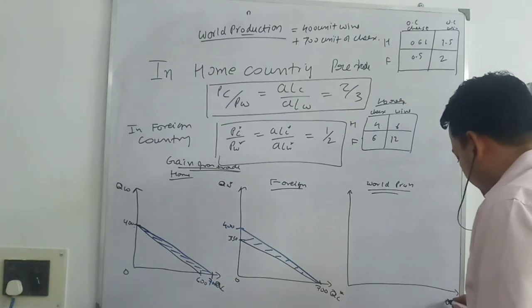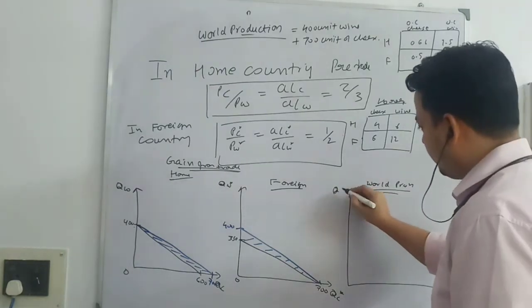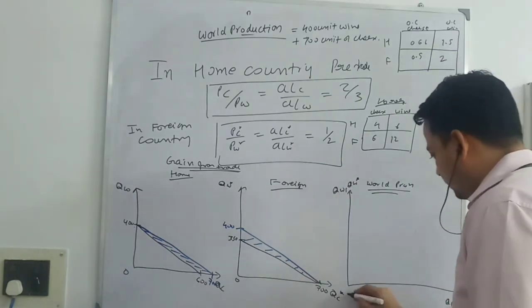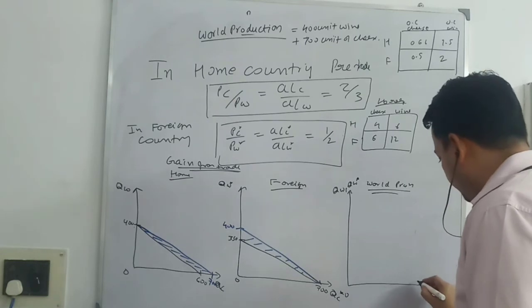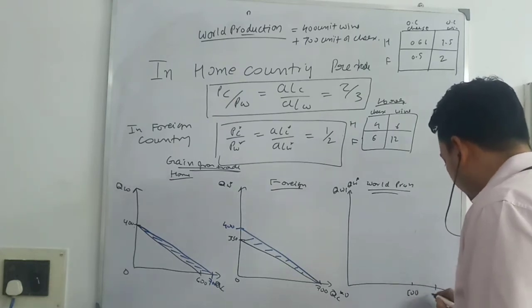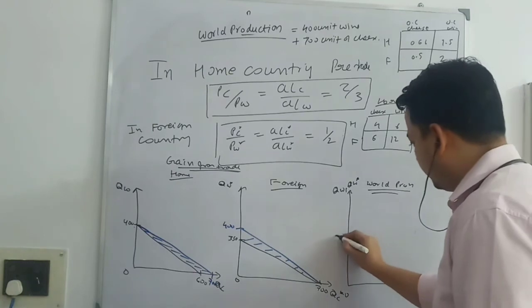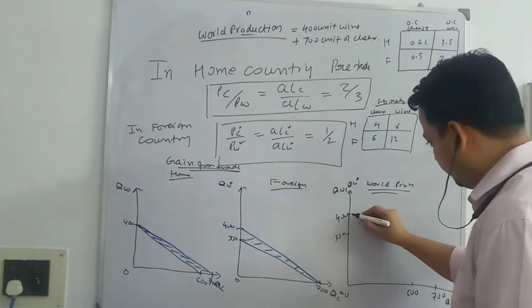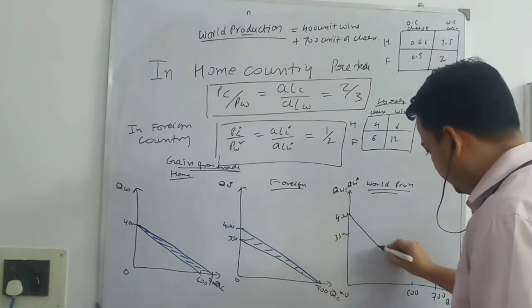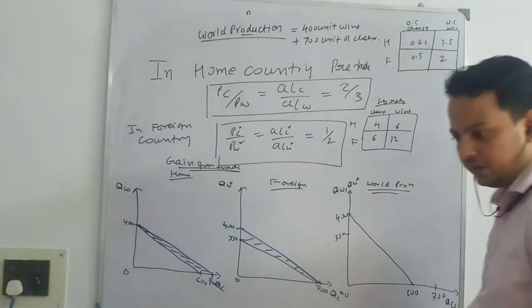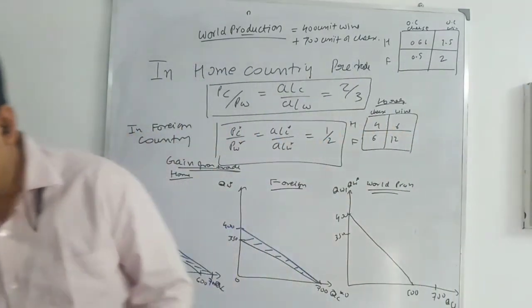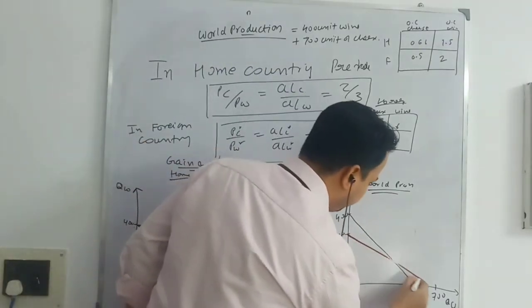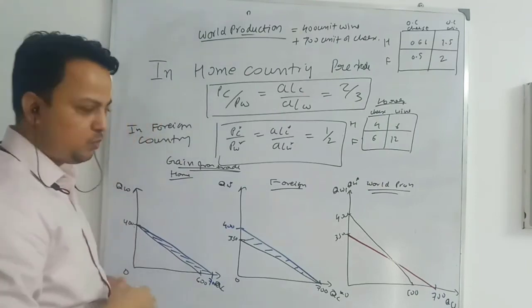Here I am writing quantity of cheese. Here I am writing quantity of wine for both countries. I am taking the axis to be 600, 700. I am drawing for both countries. We have 350 and 400. For home country, this is my graph, 400 and 600. This is for home country. For foreign country, I am using red pen. Let me use red pen. 350, this one.